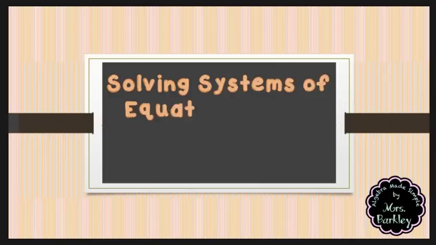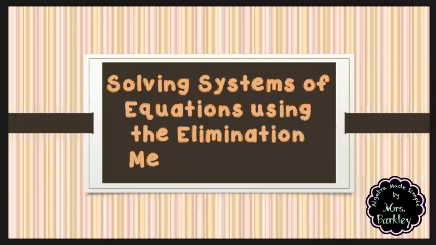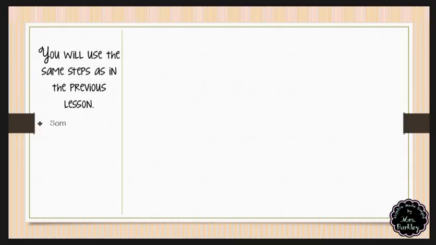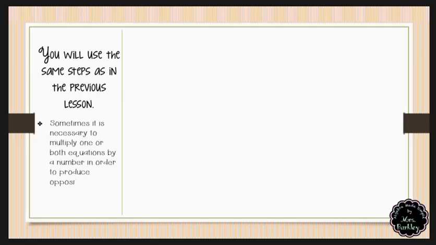In this lesson, we are working with solving systems of equations using the elimination method, part 2. You will use the same steps as in the previous lesson with solving systems using elimination. However, sometimes it is necessary to multiply one or both equations by a number in order to produce opposites that